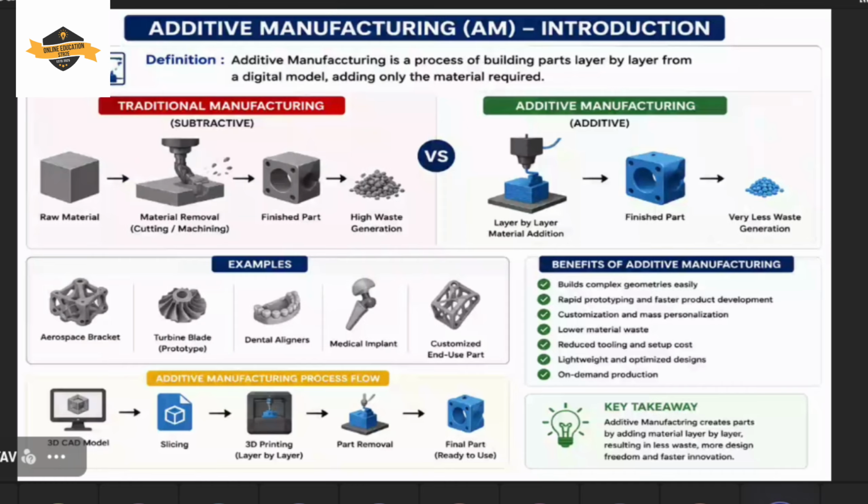So here is a very simple representation of traditional manufacturing versus additive manufacturing. In traditional manufacturing, previously we were using metal cutting, and even with technology we used CNC machines, which are also doing metal cutting operations. See, we have a block and there is a finished part. So we have to create certain holes and remove material from the block. Then only this part can be created. This will result in waste generation.